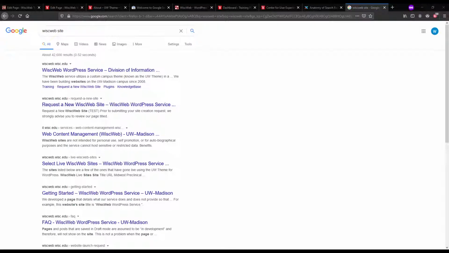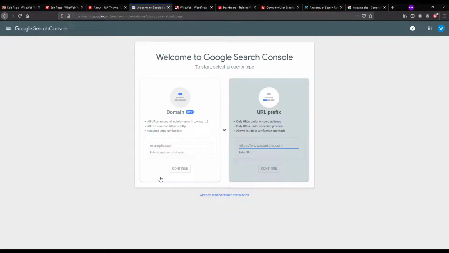Google Search Console is a nice thing to integrate with your site for a couple of reasons. One is it allows you to have a dashboard for your site performance when it comes to Google's search functionality. I haven't delved that deep into the dashboard aspect of it.